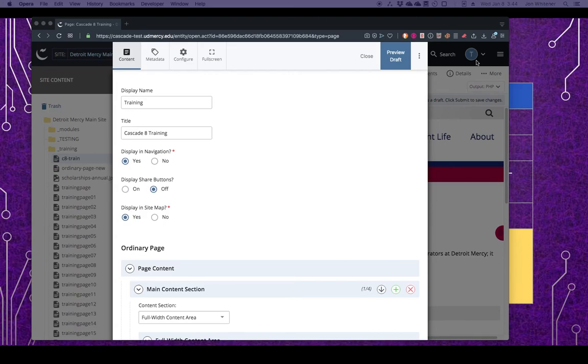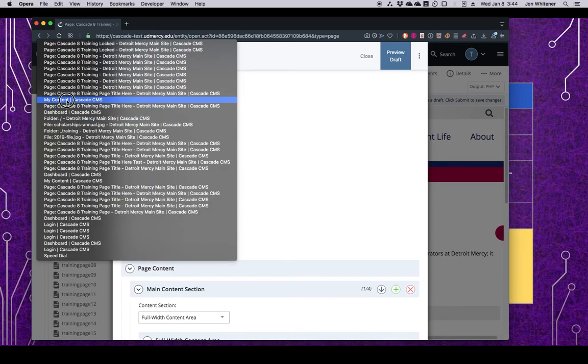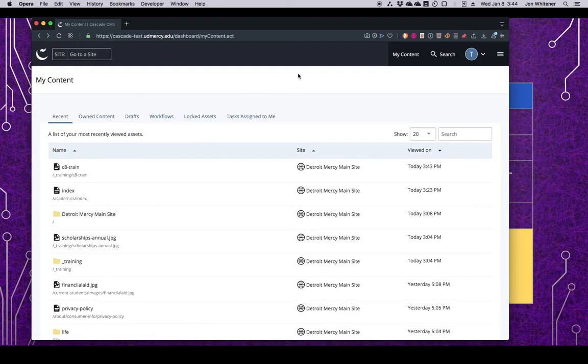Okay, editing files. So this whole time we have been looking at pages. I am just going to go away from this page because I don't want to submit any edits. Again, this icon here with a little turn down corner indicates a page which corresponds to a web page. When you go to edit a page, you get a form that shows all the content components of that page where you add text and images and stuff like that. What if you want to change a file, such as an image file or a PDF?